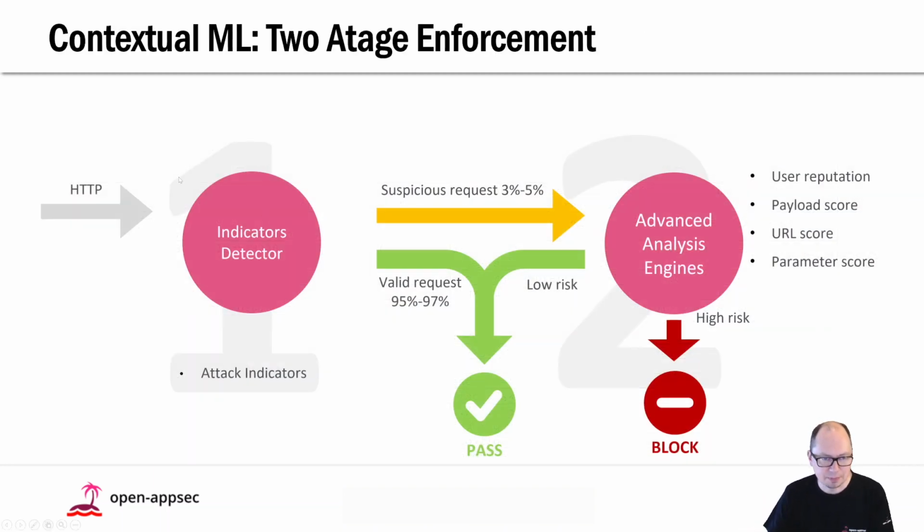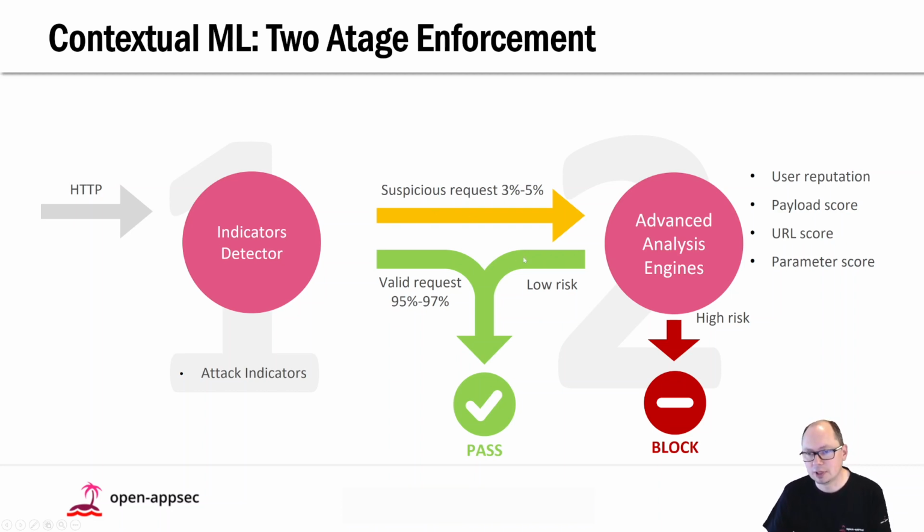So we just looked at the phase 1 indicators detector. If no indicator is identified, then of course traffic is okay and it can just pass. That's the case for 95 to 97% of all the requests that we typically see. But if there's at least a single indication in that phase, then we consider it potentially malicious and suspicious,